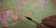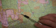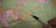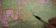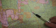Probably just about easy to do a little road walk. It's not that far, straight there and straight back. But then again, this trail looked like it was kind of grown up a little bit once they got up here to this point. Up here at the Highway 298 road crossing,